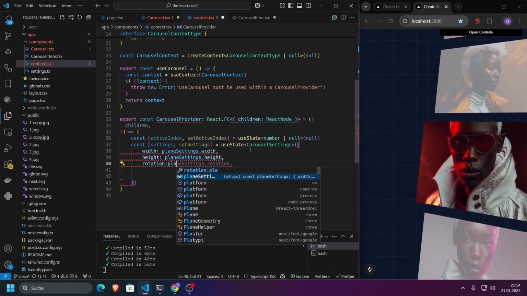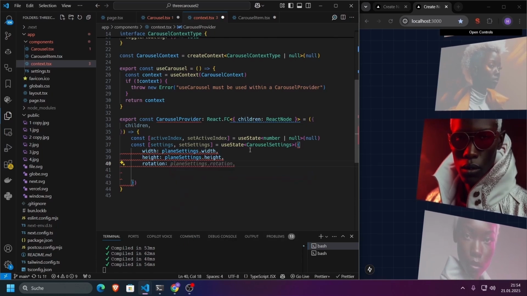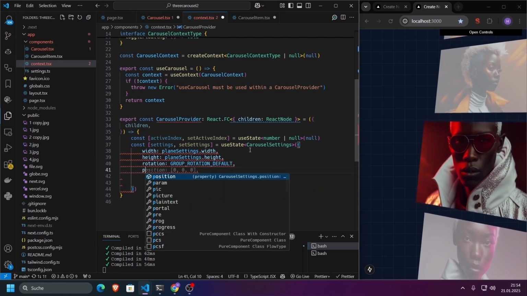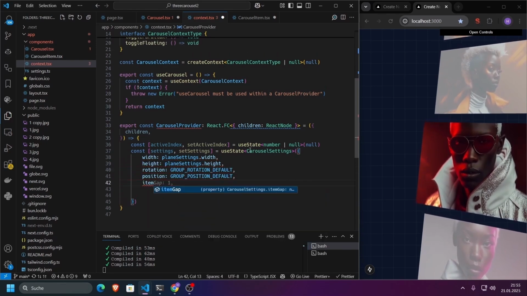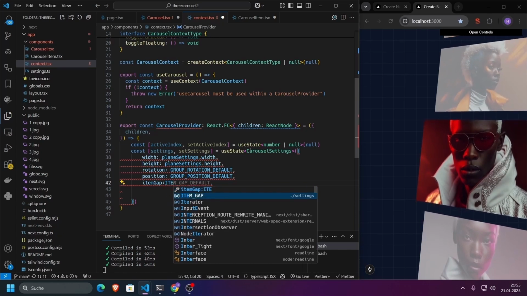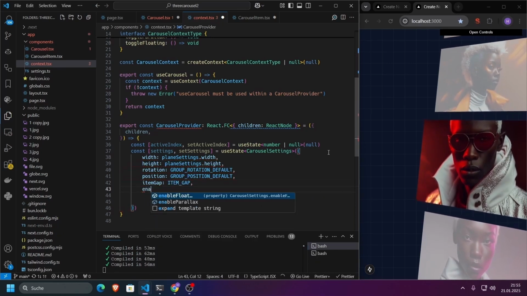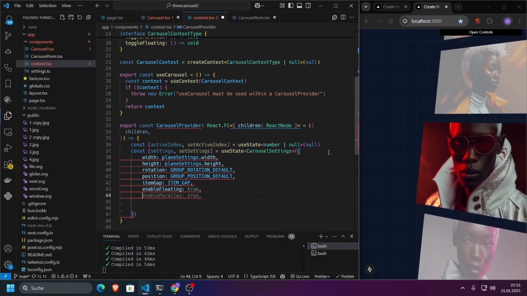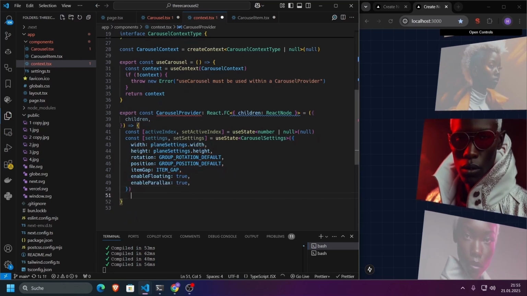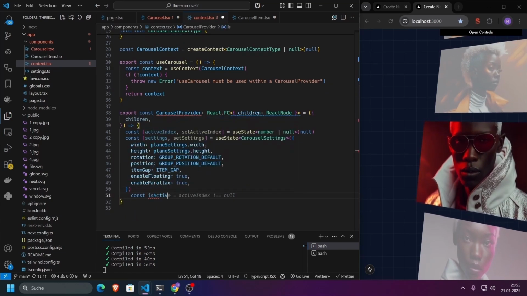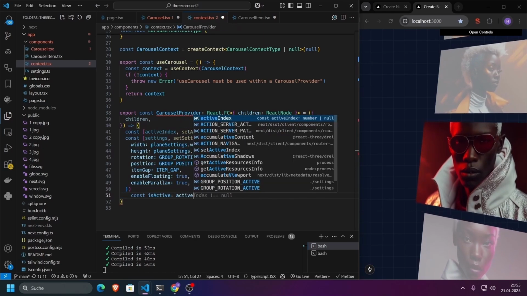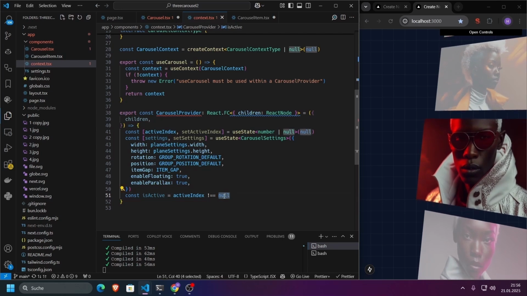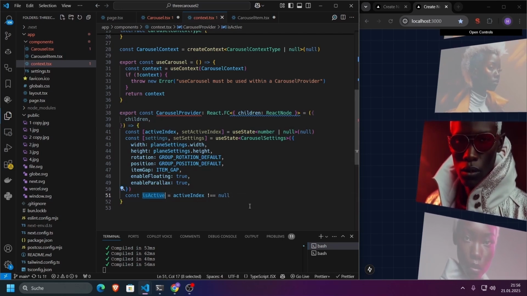Rotation, plain settings. Oops, sorry, I'm wrong. Here we have to say group rotation default, comma, position, group position default, item gap. Make sure to import all these from settings. Then also enable floating by default. Let's make it true and enable parallax true as well. And here let's define is active, which is equal to active index is not equal to null. So whenever we have a value that is not null, 1, 2, 3, 4, then we know is active is